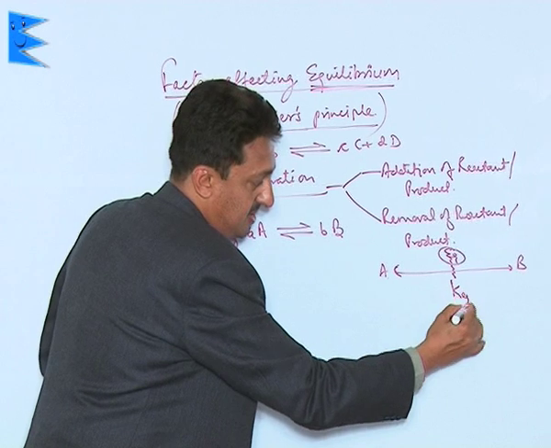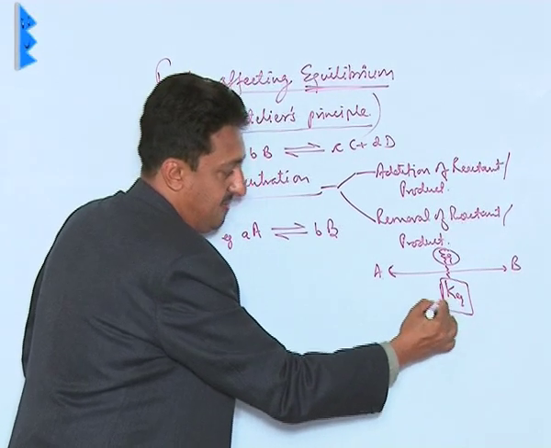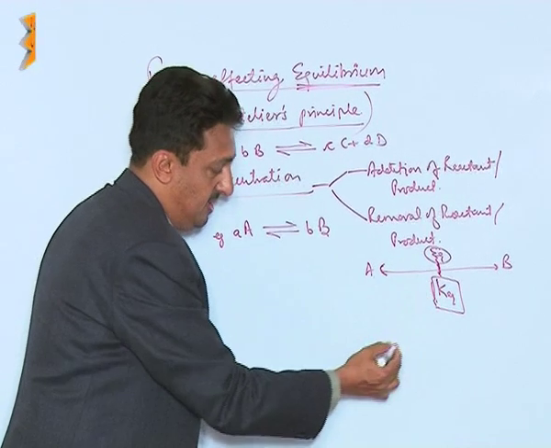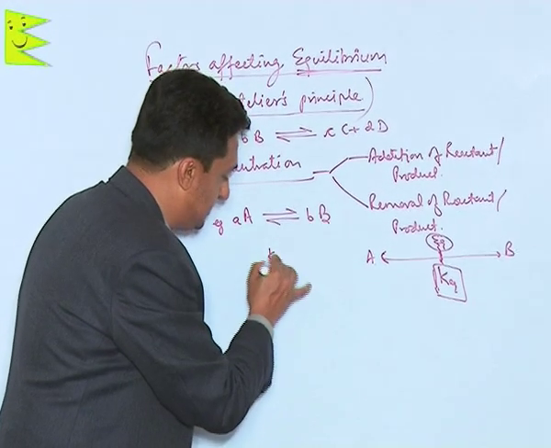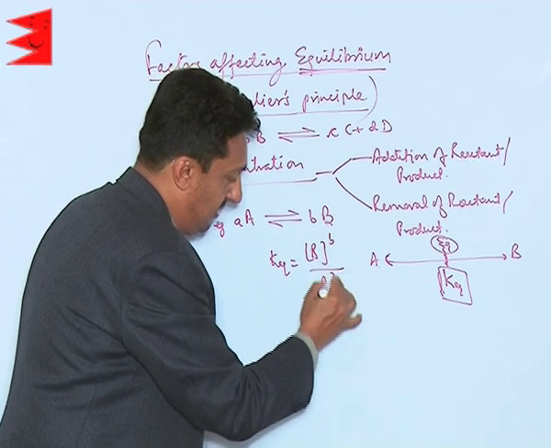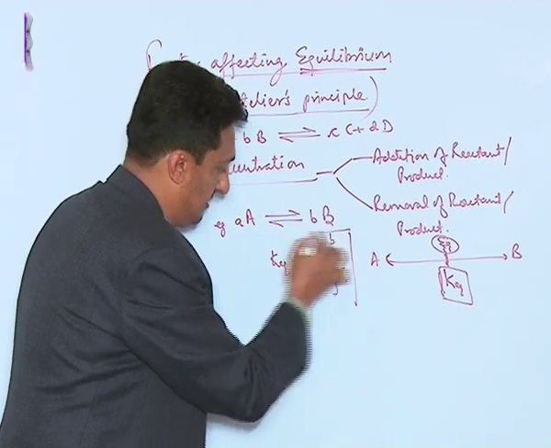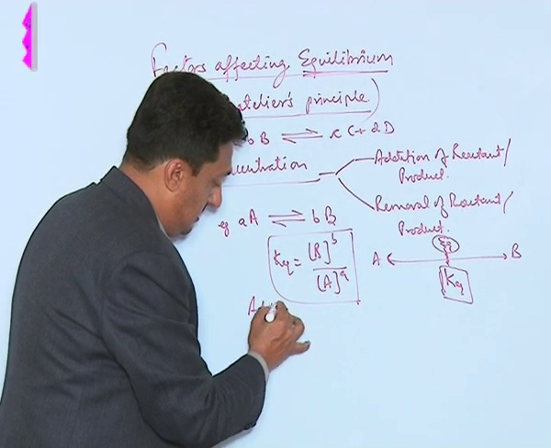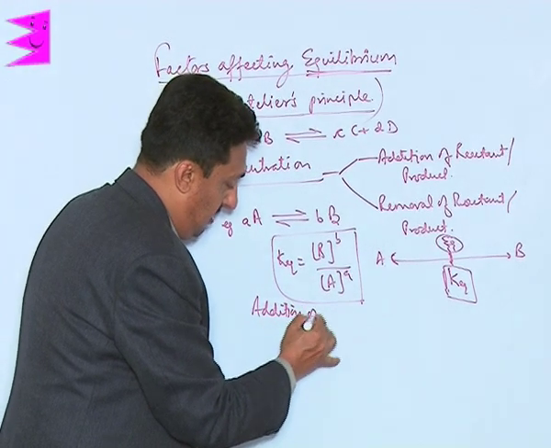It will have a certain value, which is the equilibrium constant, K equilibrium, and this is exactly at the middle. We know that this K equilibrium will have the value [B]^b over [A]^a. Suppose addition of